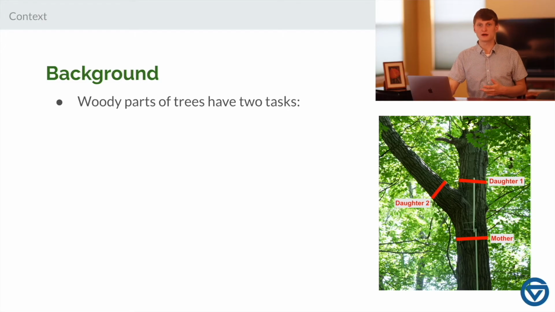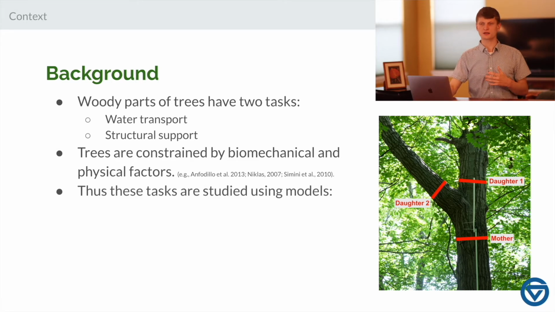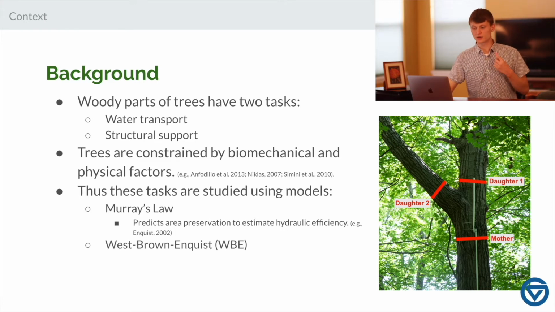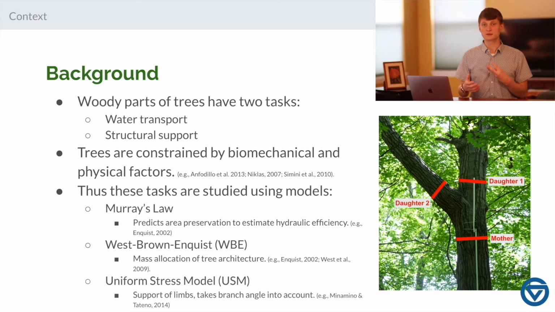The woody part of any tree has 2 main tasks it's got to accomplish. It's got to transport water and it's got to provide structural support. And because trees are constrained by various biomechanical and physical factors, how they do these tasks can be studied using various mathematical models. We use Murray's Law, which predicts area preservation at a branching point and is an estimate of hydraulic efficiency. We use the West-Brown-Enquist model, which is about mass allocation throughout the tree architecture. And we use the uniform stress model, which is about the support of the limbs, and it takes the angle